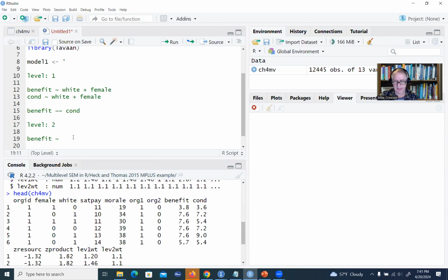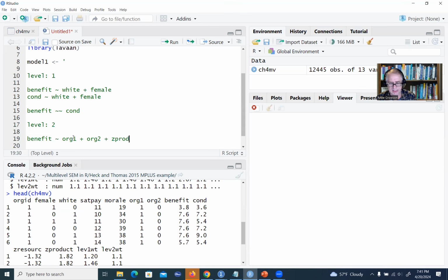So basically we're looking at organizational level predictors of organizational variation in benefit, satisfaction with benefits and satisfaction with conditions. So we'll type in benefit tilde, and then org1 plus org2, and then